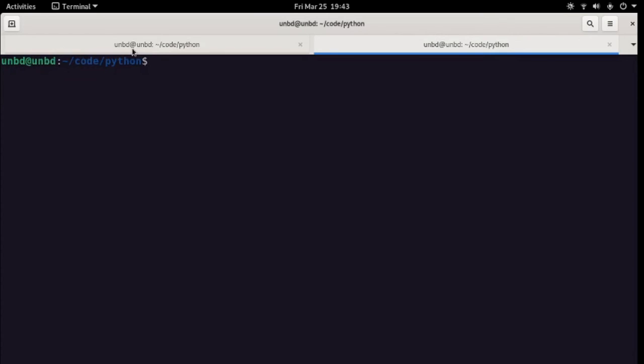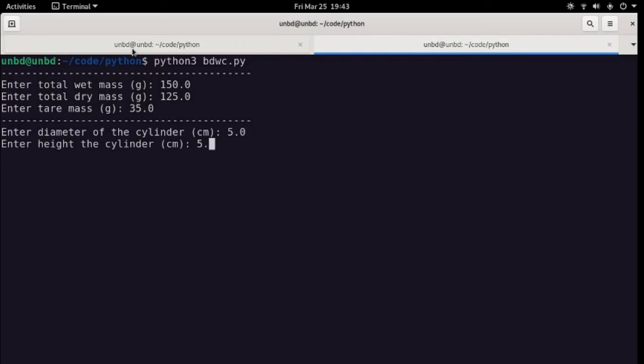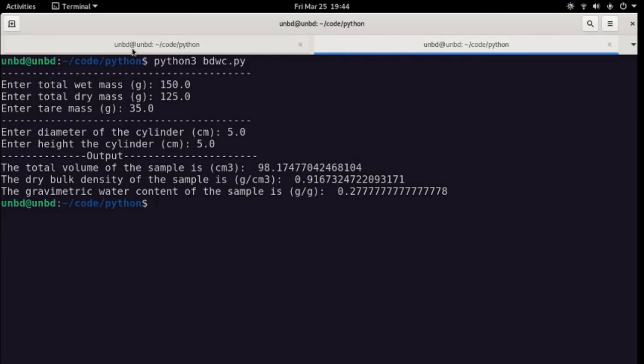Let me also put this a little bit better. So I'm going to run my program, enter the total wet mass, going to put a little bit more this time. Dry mass 125, enter the tare 35.0, diameter 5.0, height 5.0. Now we have total volume 98, dry bulk density 0.91, and gravimetric water content 0.27 or 27%, 27 grams of water for each 100 grams of